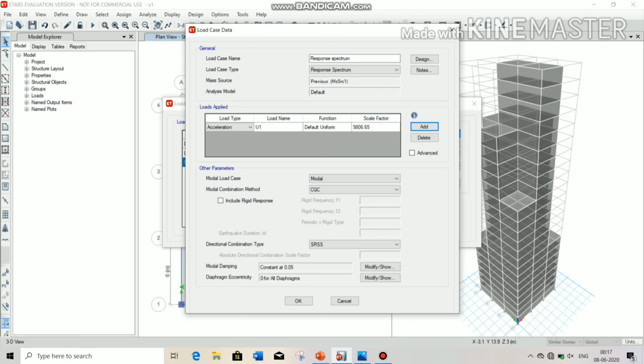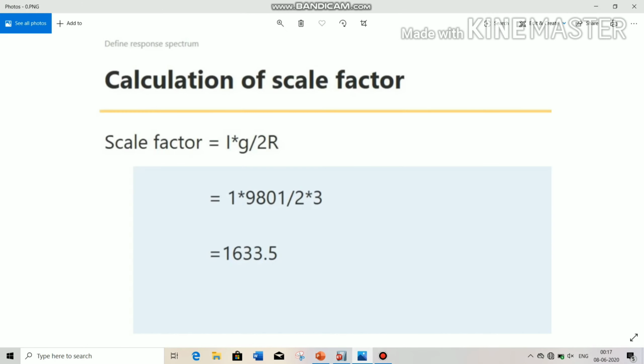Choose the function from here, which is response spectrum, and give the scale factor value, which comes from the formula. The formula is this, and the scale factor value is 1633.5.